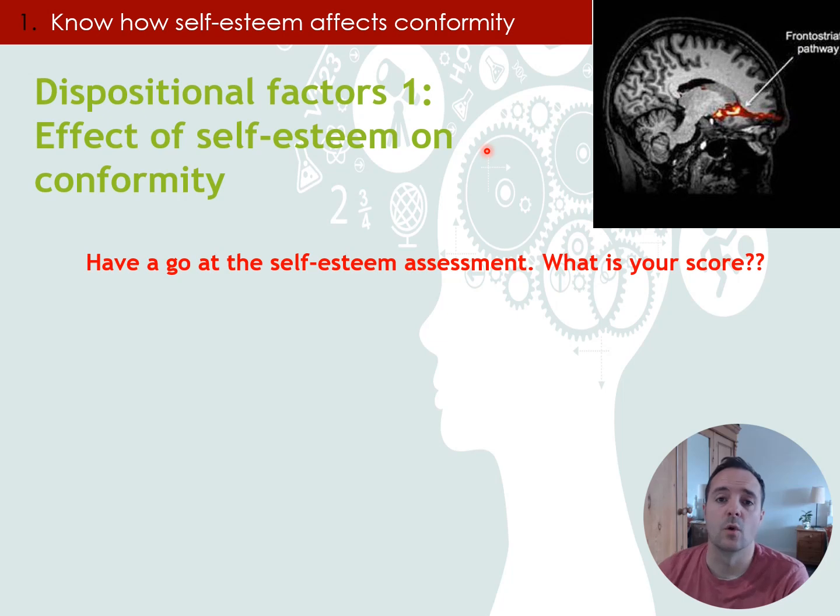So the first one of these dispositional factors is linked to conformity. So we looked at how a majority influence around you, that could be your situational factor, and that's going to make you potentially conform. The dispositional factor, which also links to conformity, is self-esteem. Self-esteem, I'm guessing, is something that you've heard of. It's quite a common phrase just in general conversation. It basically is a measure of how you feel and perceive